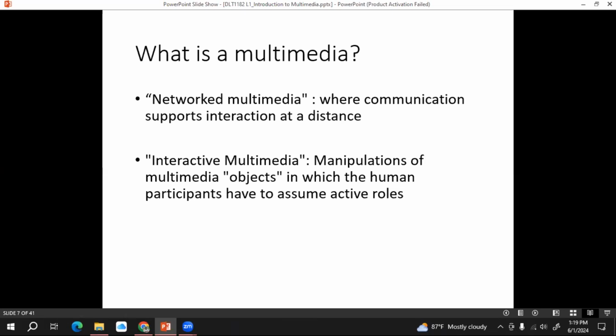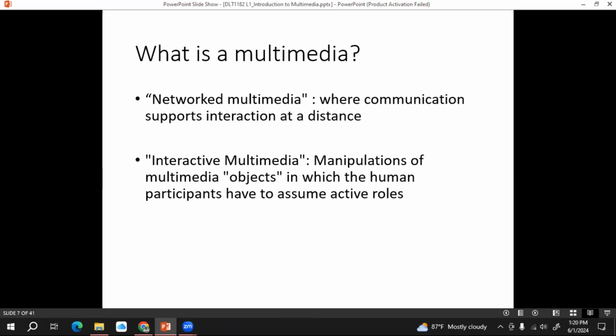Then interactive multimedia. What is interactive multimedia? For networked multimedia, Zoom is an example, right? We are connecting our devices. It could be a mobile phone, a laptop, or a desktop computer. We are connecting with each other through a network, and also using multimedia components.